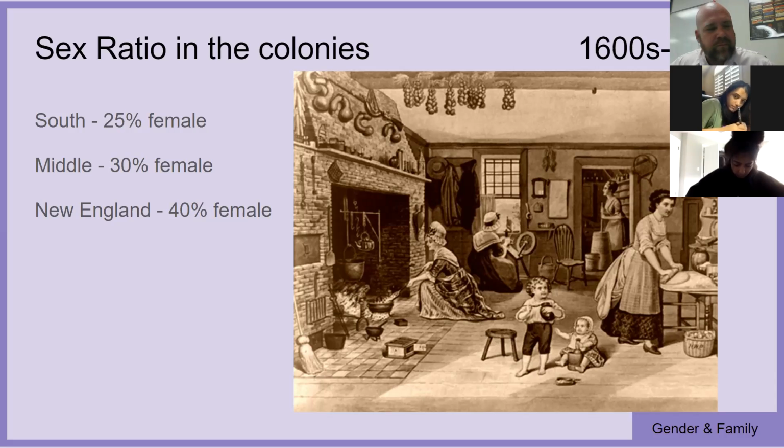What do you think? Anytime you have not very many women, what's going to happen? Rape. Yep. So issue number one, this is going to increase the amount of rape. And who are they raping? The slaves. Yeah. So those 75% men want to have sex, and they end up having sex with their